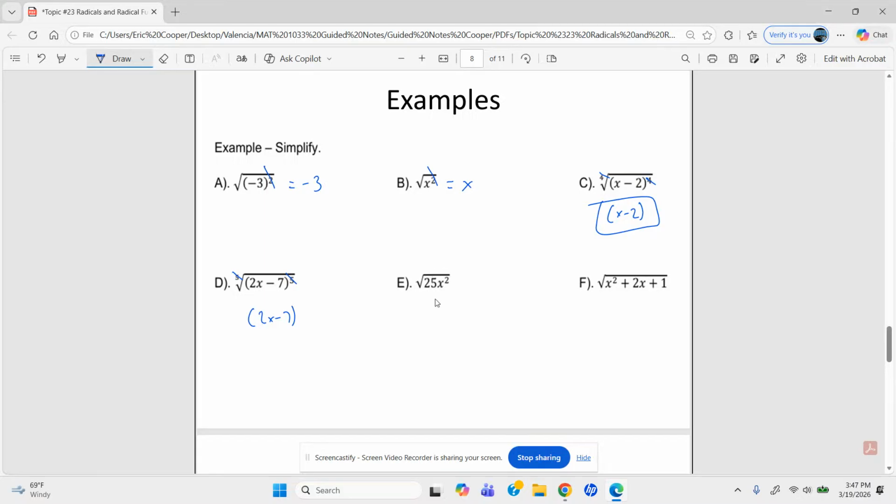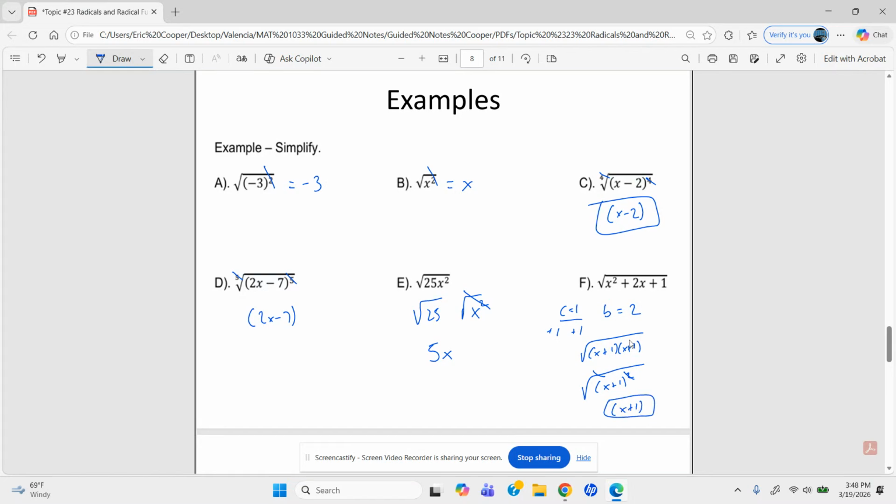Now this here, we'll break it apart. The square root of 25 will become 5, and here the square root and the squared cancel and just leave me with the inside of x. Now this guy, x squared plus 2x plus 1, we can actually factor. What's a number that multiplies to the 1 and adds to the 2? They would both be 1's. So this is x plus 1 times x plus 1, but since this is the same, we can rewrite this as x plus 1 squared. Again, the square root and the squared cancel out,